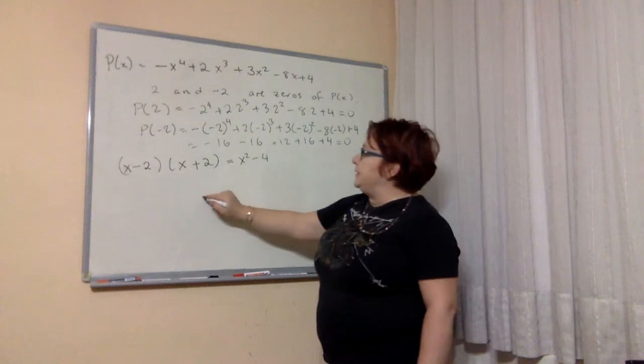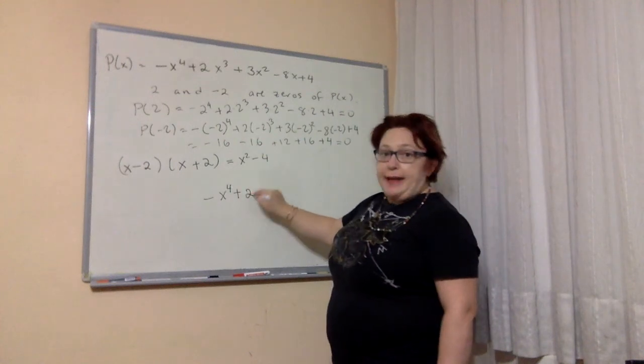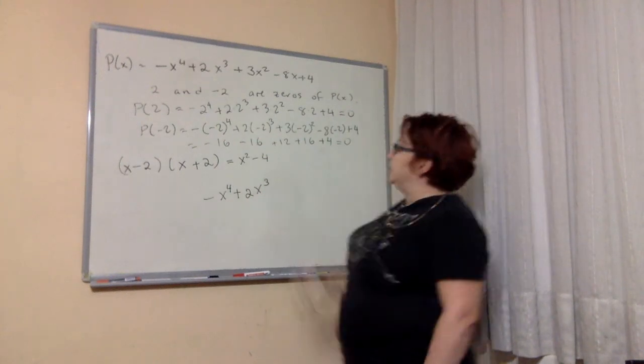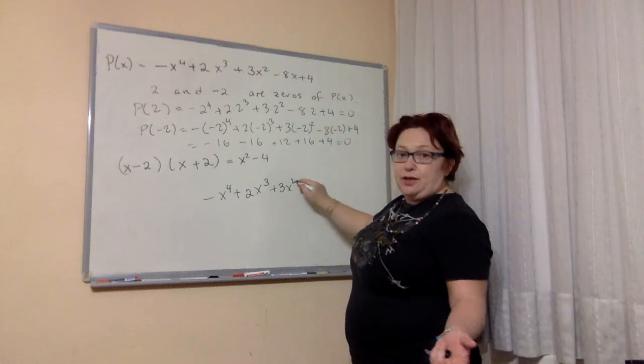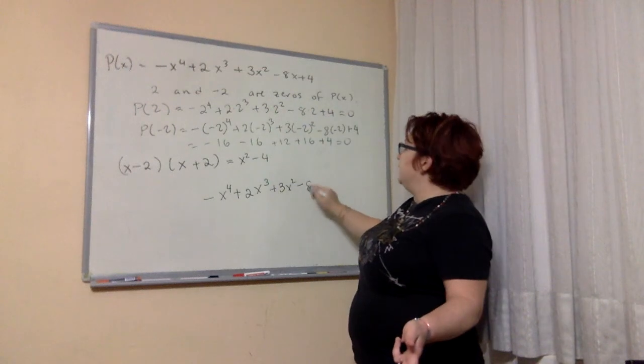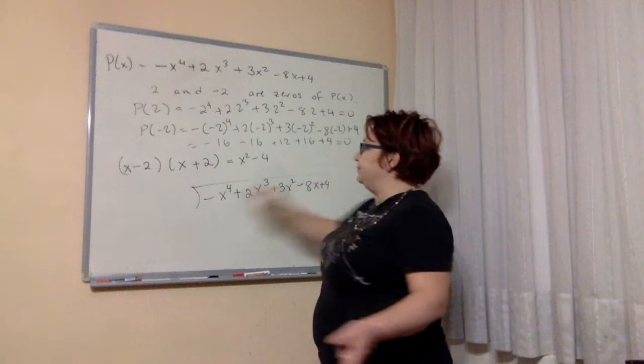So we can simply take p of x and divide by x squared minus 4 to see what other factors are in p of x. And when we do this division,